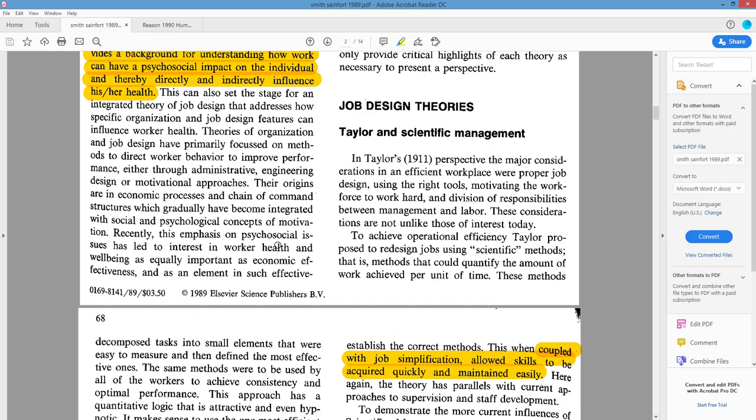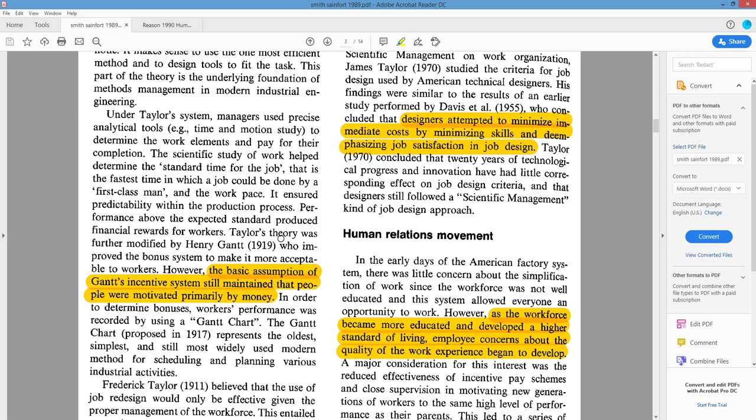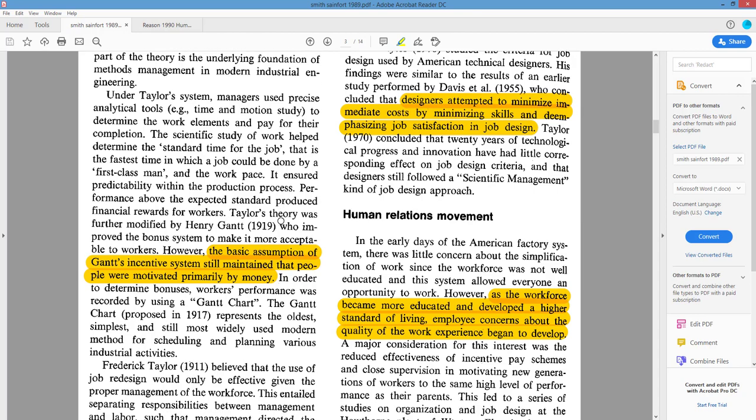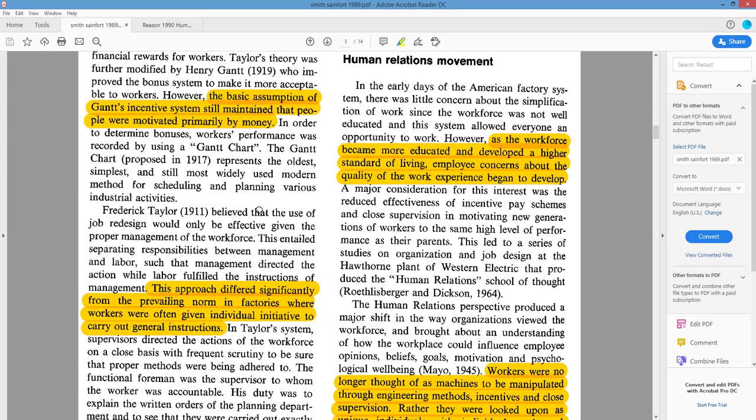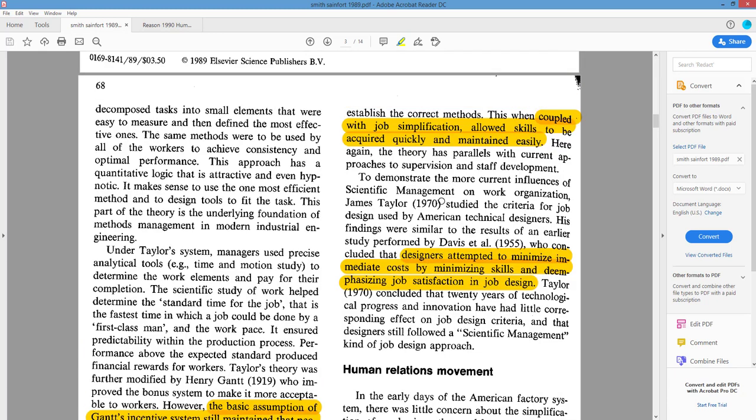So they already talk about scientific management and Taylor, if you remember that from week 1. And they point out that some things are good, and they talk about where the incentive system came from. Henry Gantt, 1919. I wonder if he's related to Ron Gantt with the Safety Differently movement. That would be interesting. But what they do is they basically get into the negative issues of it.